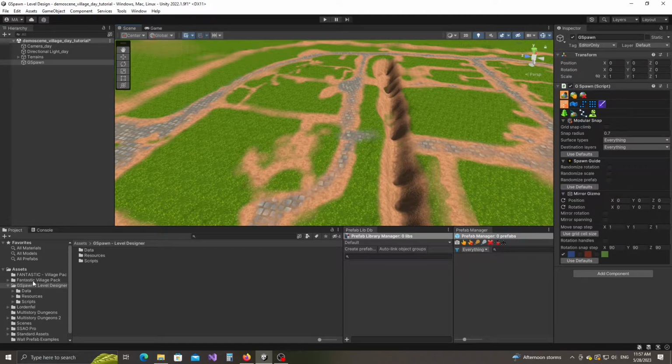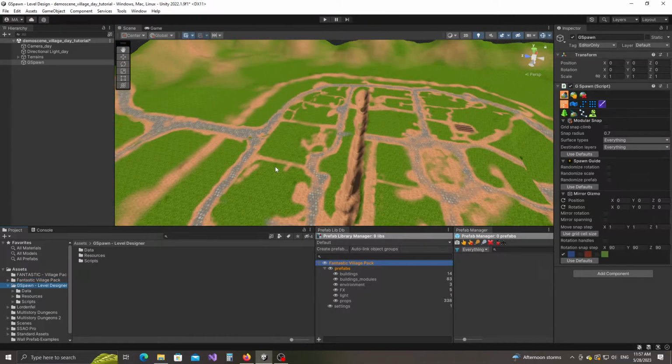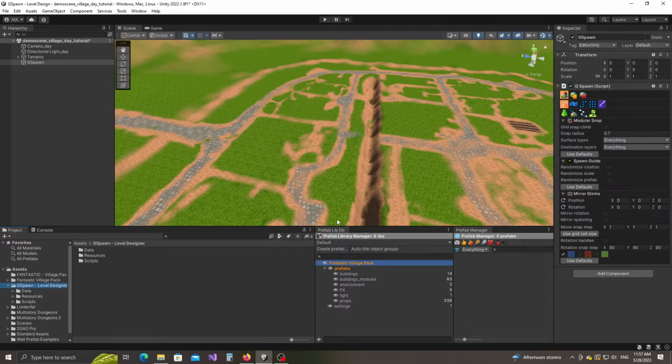So I already have the plugin initialized, and I'm going to be using a pack called Fantastic Village Pack by Tidal Flask Studios. I'm going to drag and drop this folder right here in the Prefab Library Manager. And I'm using a demo scene that actually comes with this package. I've erased all the objects and I just left the terrain